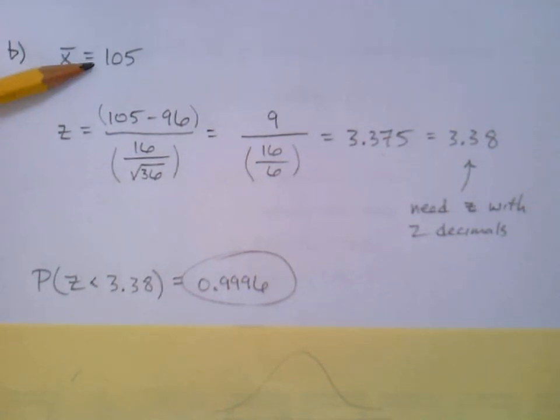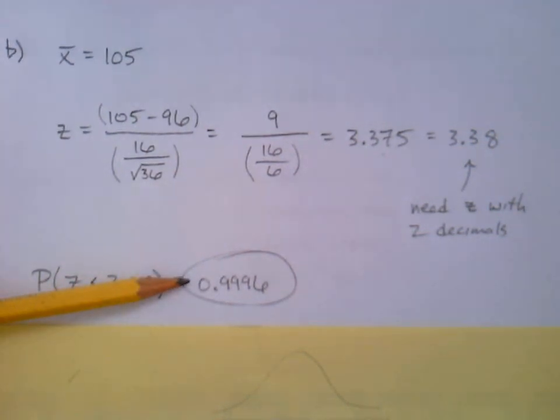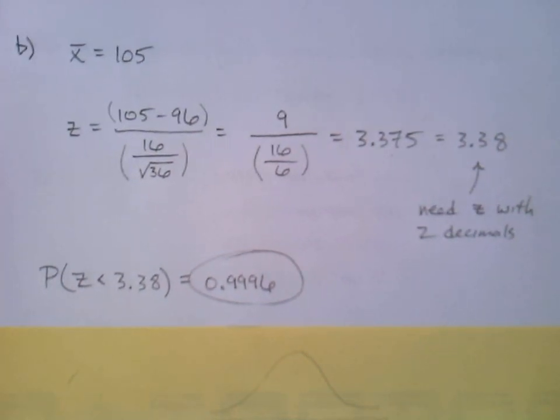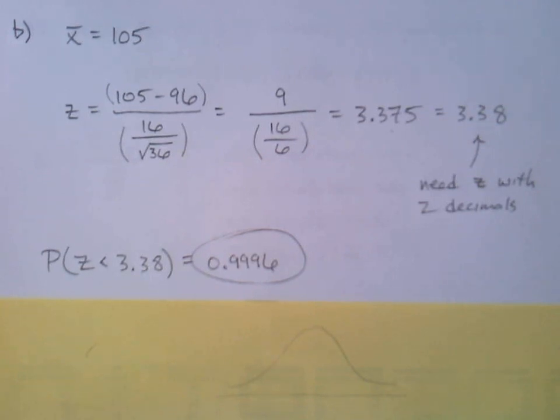That's not even a year above the average age of all the cars in the US, 96 months. It's only 9 months higher. Yet, if you take 36 cars, because the new ones are going to balance out with the old ones, and there's going to be a lot probably right around that 8-year mark, to stray all the way up to make that average over 105, very, very, very unlikely. These percentages are way higher than we'd probably guess on our own. But it's because we're taking an average of 36 cars, and 36 is a good number.